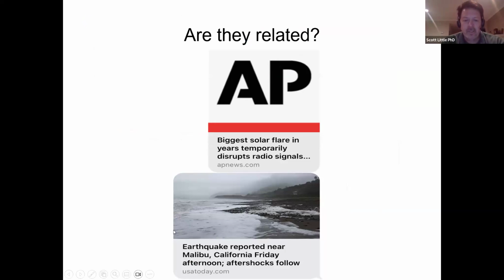So, not only do we have a very large solar flare, but we also have been having increased seismic activity. If we notice, there was an earthquake around the same time. Actually, it was a few days afterwards in Malibu. And in addition to that, we had another one recently over in the Ontario area, I think near the airport. And one of the things I'm going to discuss tonight is whether there is a relationship between EMPs and solar flares and increased seismic activity. We'll explore that as we get into it, and what the reasons are behind that. This is a hypothesis that I'm putting forward, but it's also one that's been explored by other researchers as well.